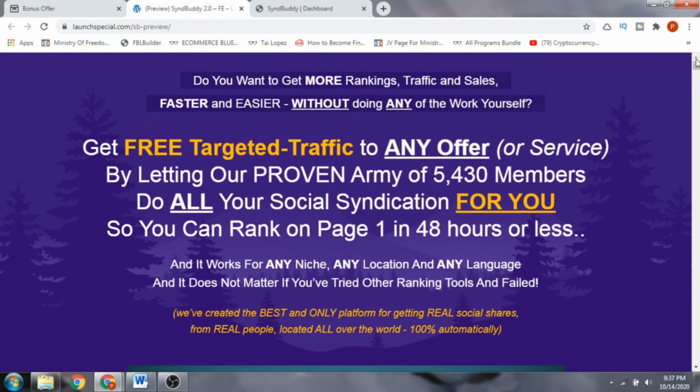So get free targeted traffic to any offer or service by letting a proven army of 5,430 members do all the social syndication for you, so you can rank on page 1 in 48 hours or less. This works for any niche, any location, any language, and it does not matter if you tried ranking tools and failed.